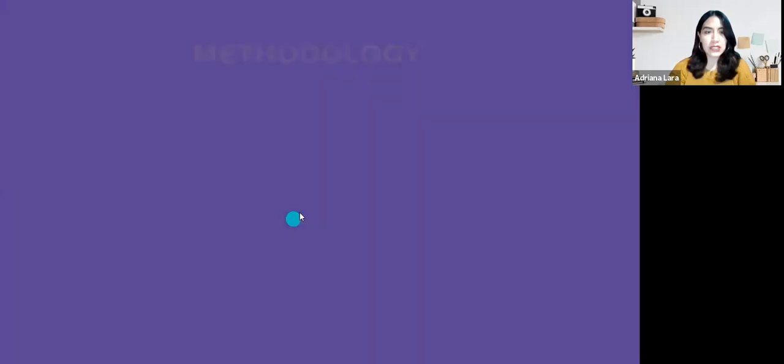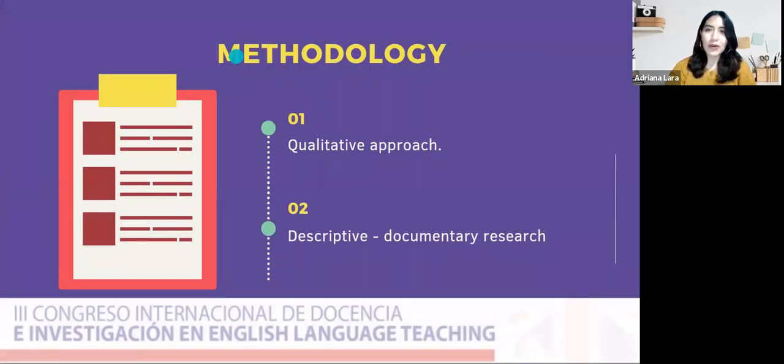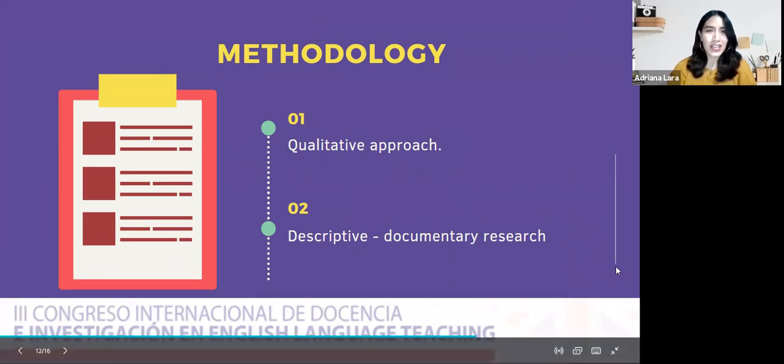So let's move on to the next slide. And let's talk about the methodology that was used in this research. This research was mainly focused on the qualitative approach because it was developed as a descriptive documentary research through an extensive bibliographical literature review about communicative activities and oral production. So what we did over here is, first, once we identified the problem that was going to be analyzed, in this case, that was going to be described, the bibliographic method was utilized by searching the information using various search equations, such as communicative activities and